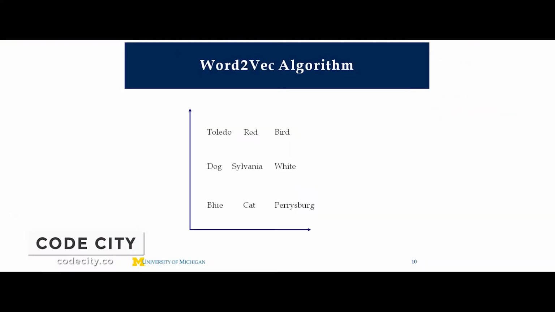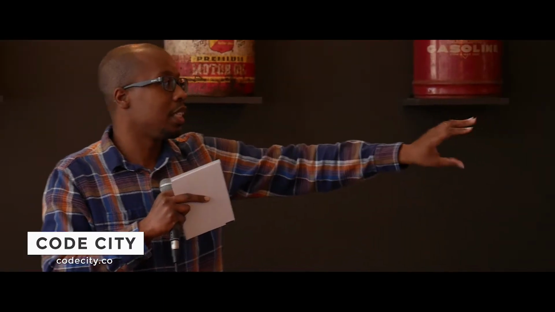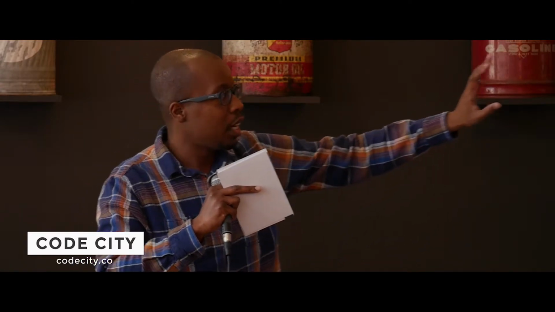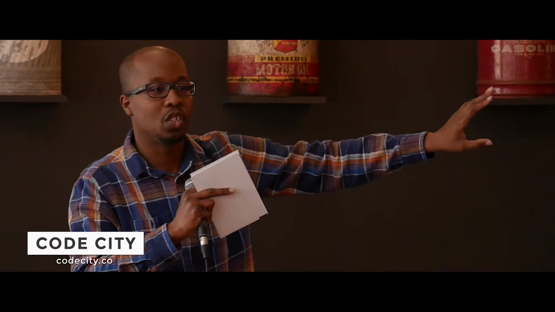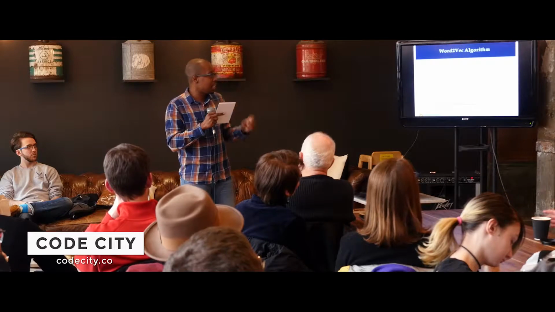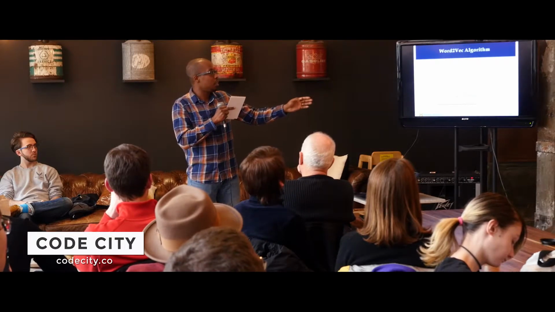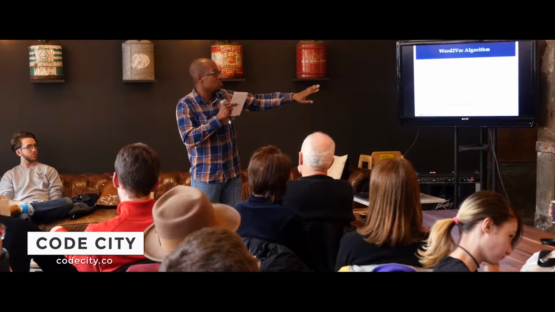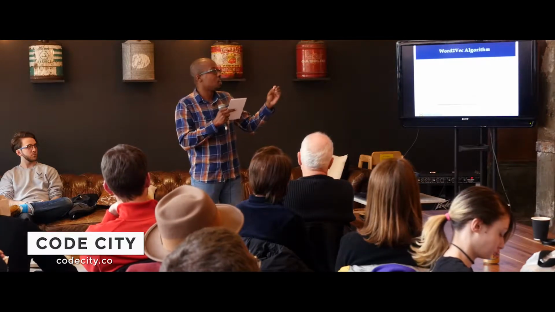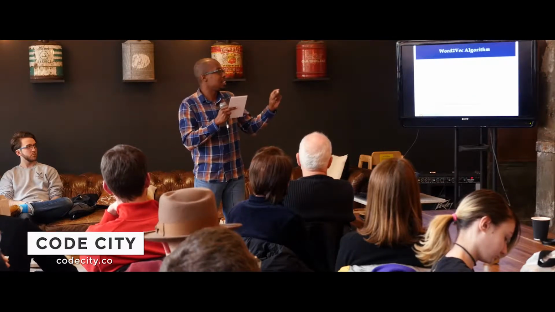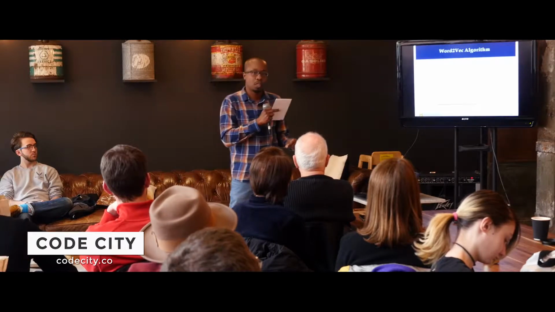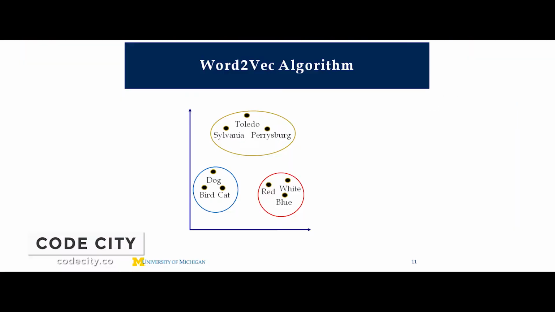The next thing it will do is randomly throw them on a graph. I'm distilling this algorithm; it actually ends up working in 300 dimensions, but I'm distilling it down to a 2D version. That's the first thing it does. Once it's collected all the words and thrown them randomly through the graph, it will go sentence by sentence and begin to see how words are used similarly, and it will begin to cluster those words.